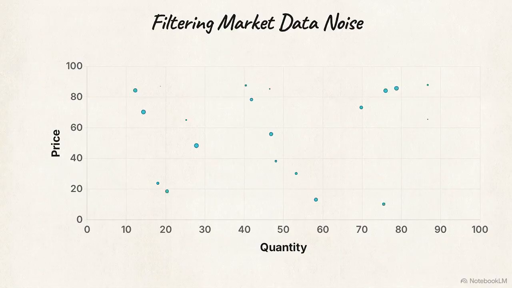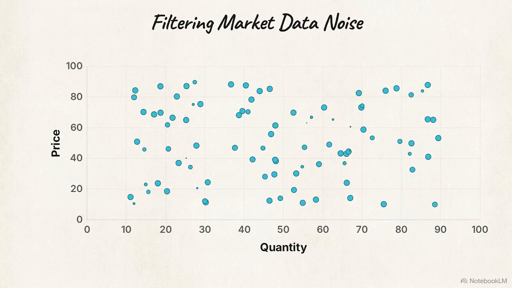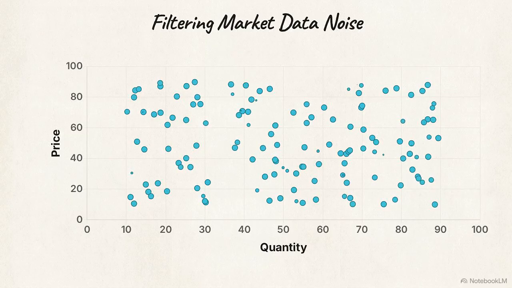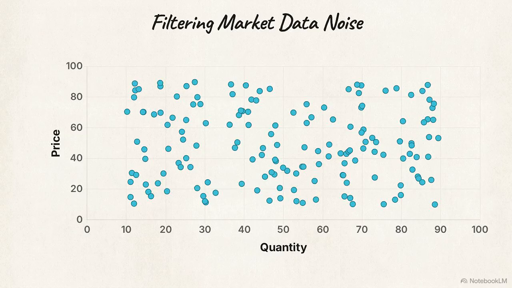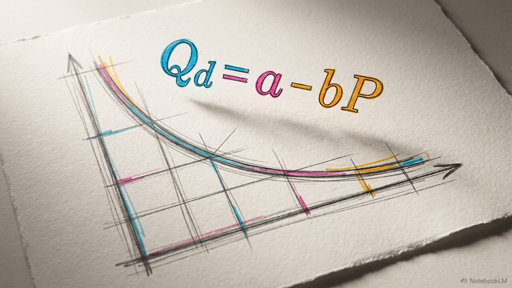That data is corrupted by external variables. Changing prices of substitutes, shifting incomes, and migrating populations warp the numbers. To clean this mess, economists rely on regression analysis. This statistical engine filters out the noise of those external variables. By isolating just the pure relationship between price and quantity, regression reverse engineers the mathematical equation required to draw a proper demand curve. Supply curves demand an equally rigorous process, requiring analysts to meticulously audit the historical catch costs of